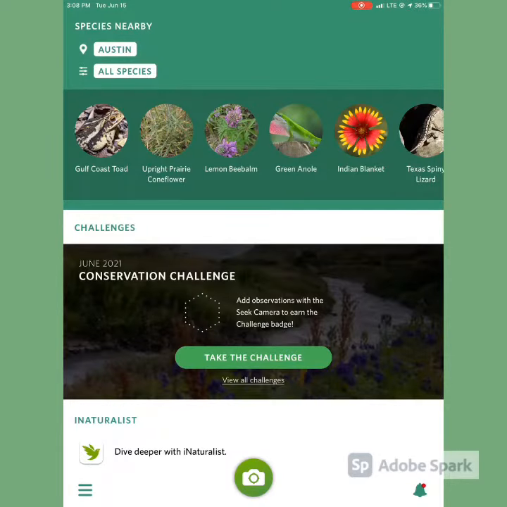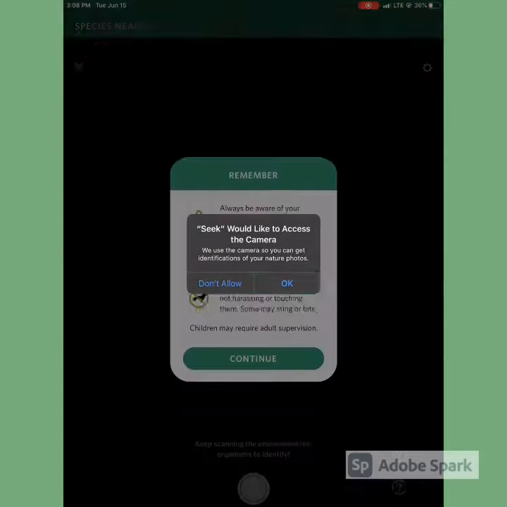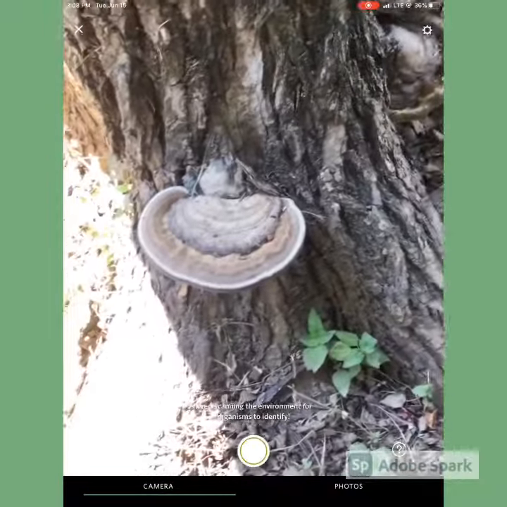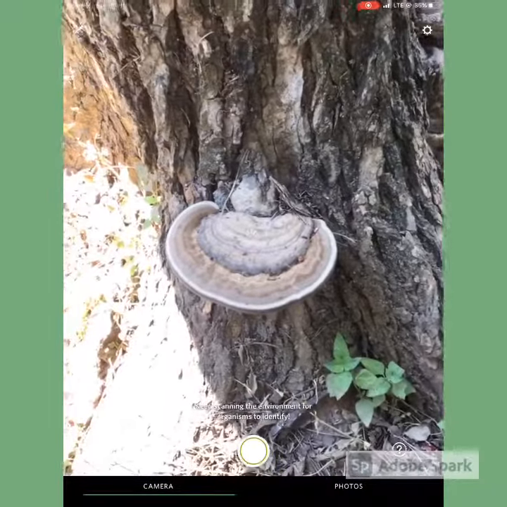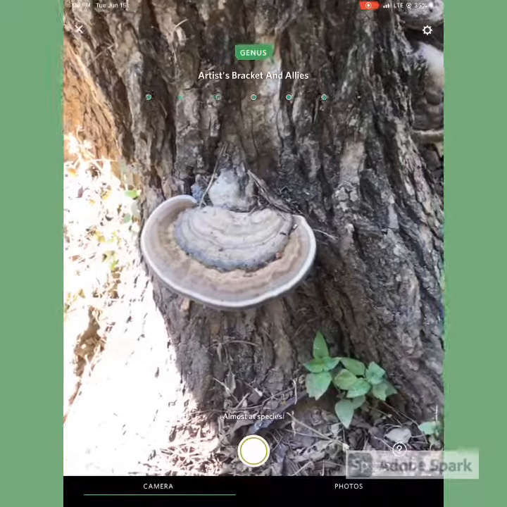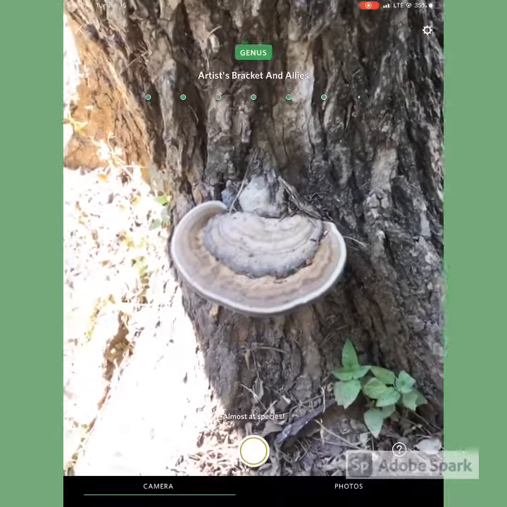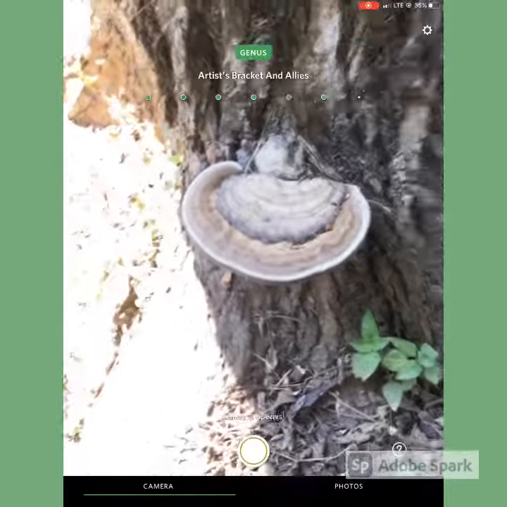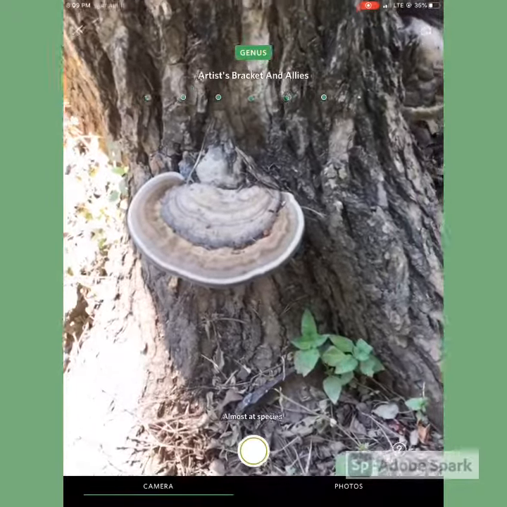In the bottom middle, there's going to be a camera button. Go ahead and click that icon and it should ask for camera access. So after allowing this camera access, you want to go ahead and point your tablet or your smartphone's camera towards this object or wildlife that you want to identify. Give it a little bit of time, and on this top bar it'll give you all of the identification that